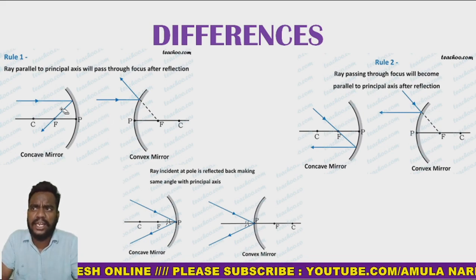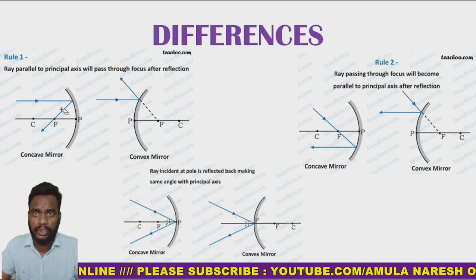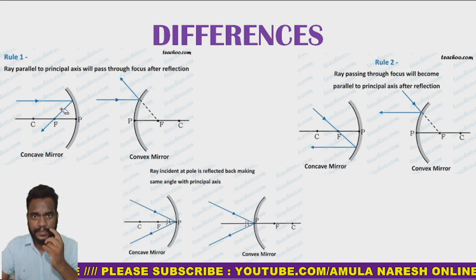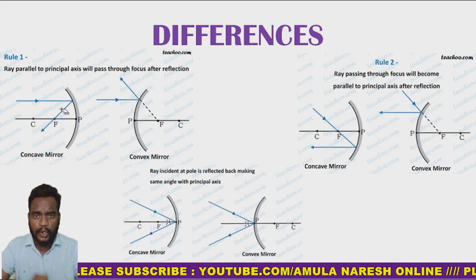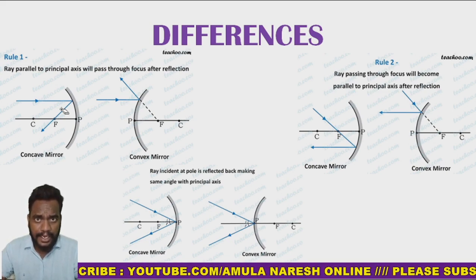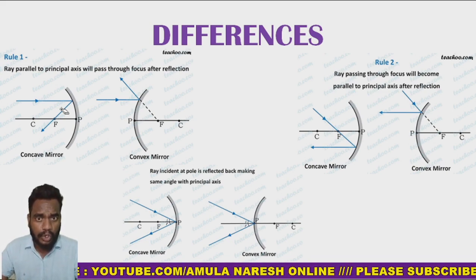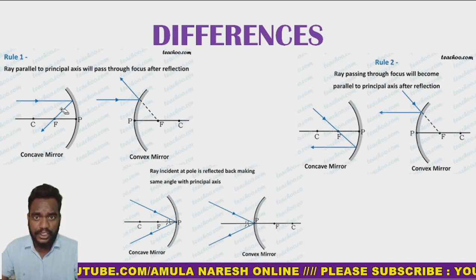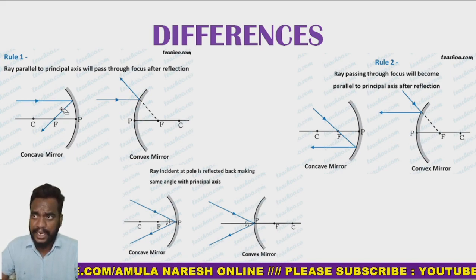So firstly, what are the rules of drawing the ray diagrams? To trace an image, for example, there is a concave mirror and you have an object placed in front of a concave mirror. Then there must be some rules to draw the ray diagrams of that image. So those rules are these ray diagram rules.